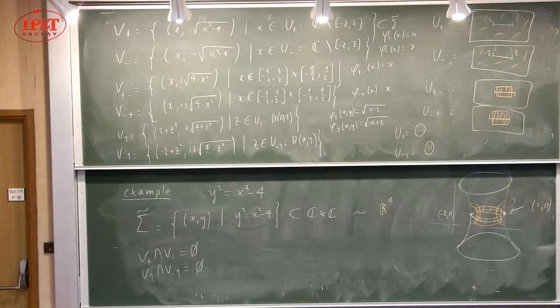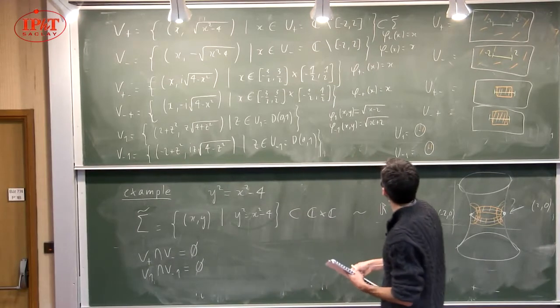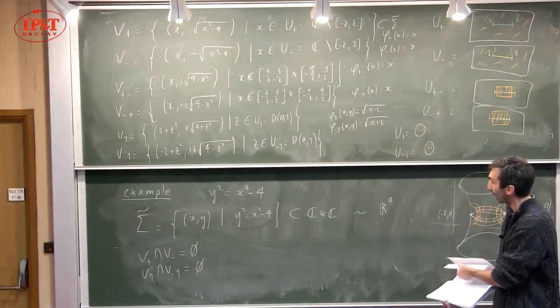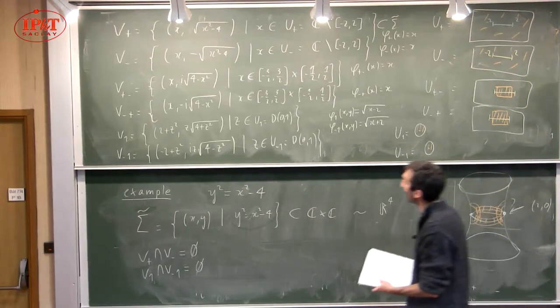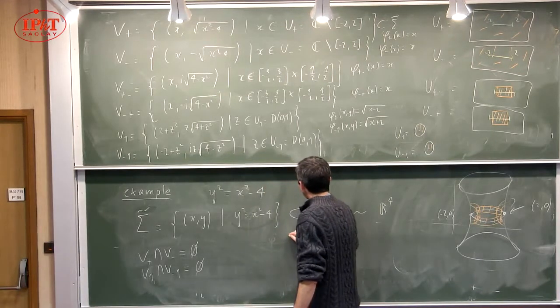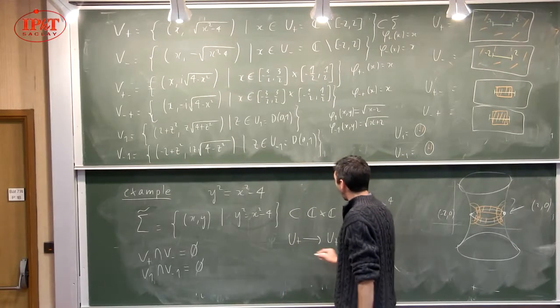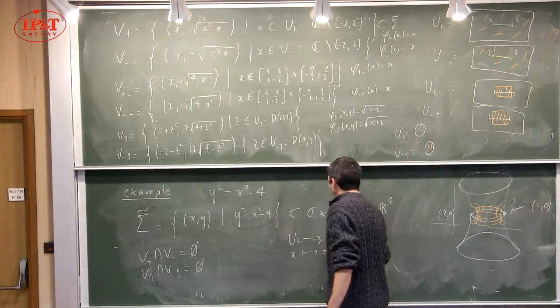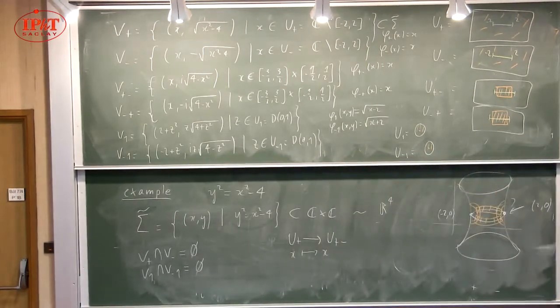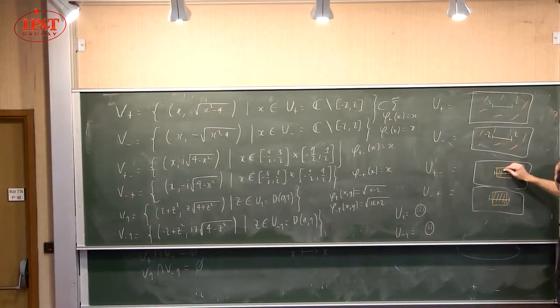The idea is that you can check that every transition map is analytic. Most of the transition maps, for instance, the transition maps from V plus to V plus minus, from U plus psi, the transition map that goes from, let's say, U plus to U plus minus, is just the identity. So many of my transition maps are simply identity. Basically it means that if you want to identify this point with this point, you just take identity in